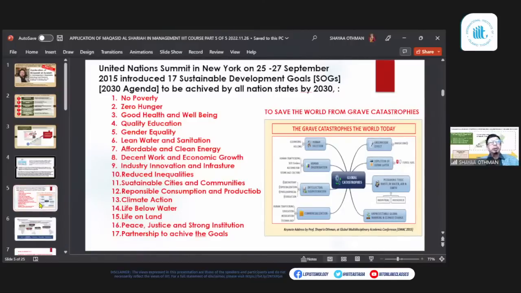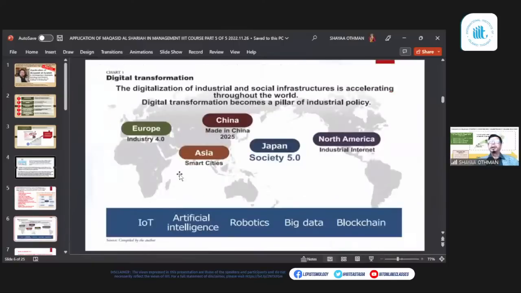Okay, when we talk about why this thing happened, it is due to the grave catastrophe of development, industry and economics that leads to social problems and environmental problems. Many declarations were made by the United Nations, but they are still not improving. But now we can see the new SDGs being implemented. The reason behind it, if you look at the world situation, okay, the